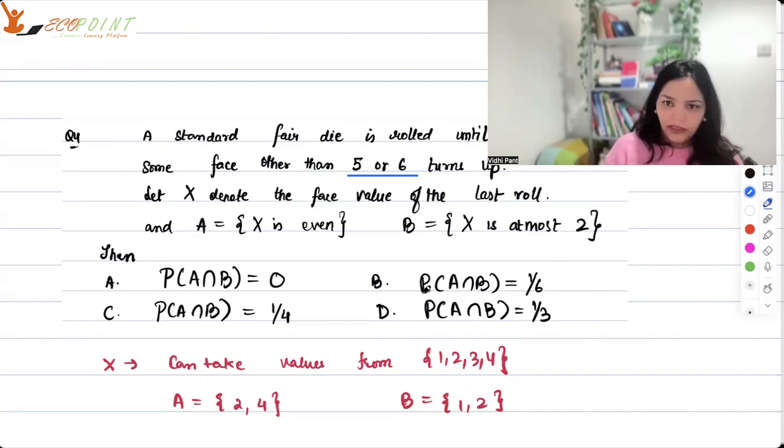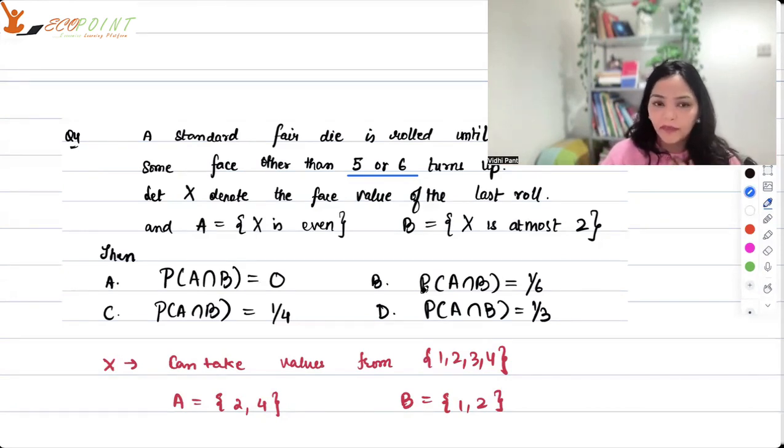So the crux of the story here is that X can take 4 values. It can take value 1, 2, 3, 4 because we don't want 5 or 6. So the options that we have are 1, 2, 3, 4. And if you think logically, X can take any of these values with the same probability, 1 by 4. Even if you create the sequence of values, you will get that 1 by 4 turns out